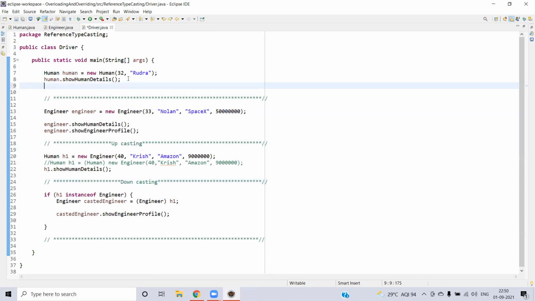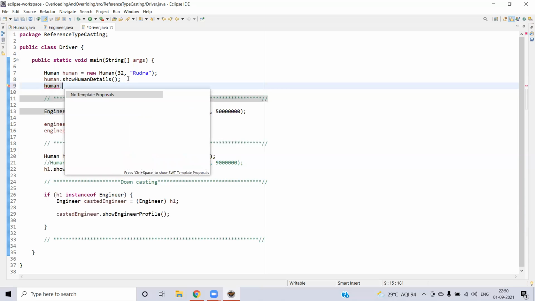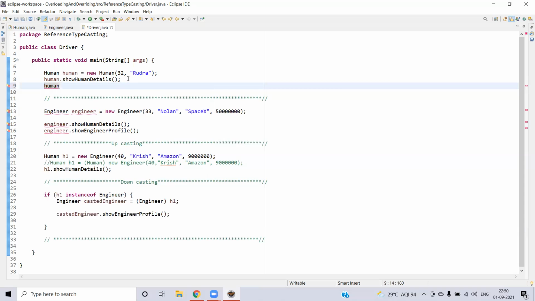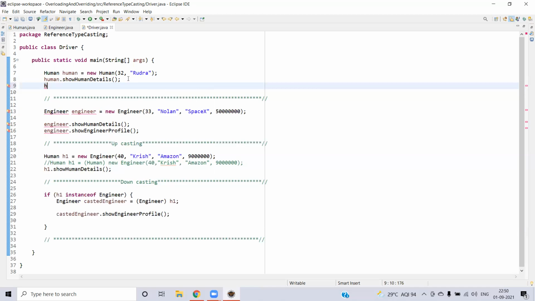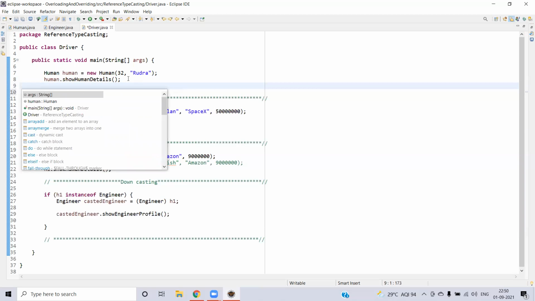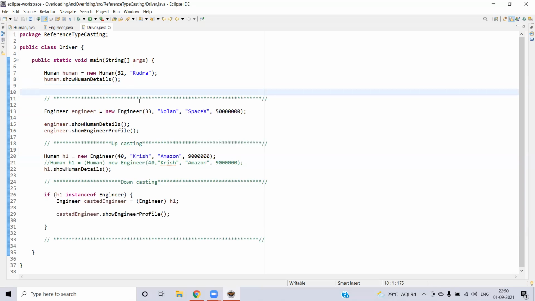For example, if you try to use methods, here you can see human dot and show, you can see only the human details, show human details, because you are directly creating for one specific class and you should be using all the methods or properties from that specific class. Obviously, it's straightforward.